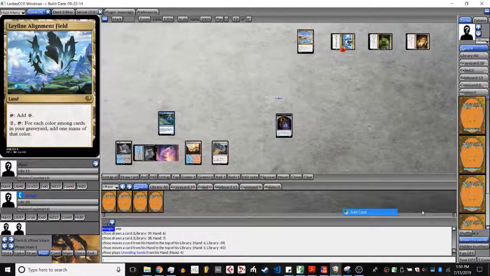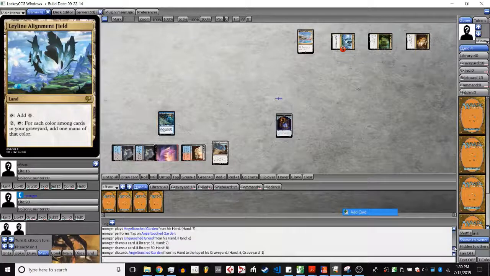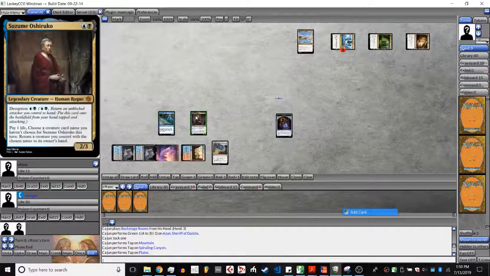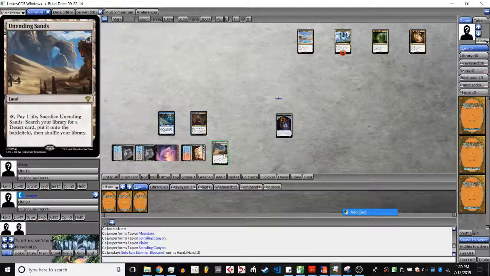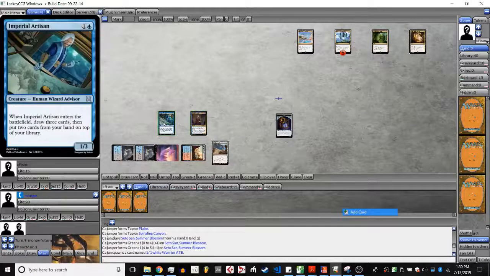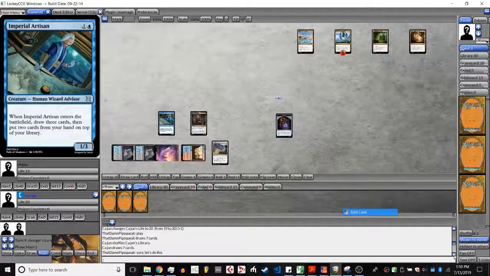Anyway, so I guess what did he seek Prophecy for? Well, actually, we can't see what he seek Prophecy for, unfortunately, given Lackey's limitations. But it looks like, oh, okay, he cast Imperial Artisan into Suzume Oshiro. And this is where it starts getting a little bit problematic. The good news is that he doesn't have any interaction. Or sorry, the good news is that while